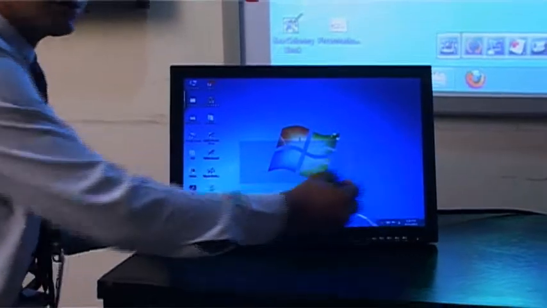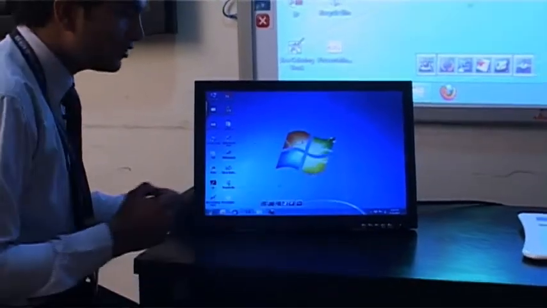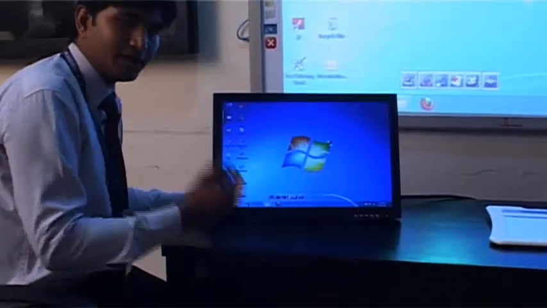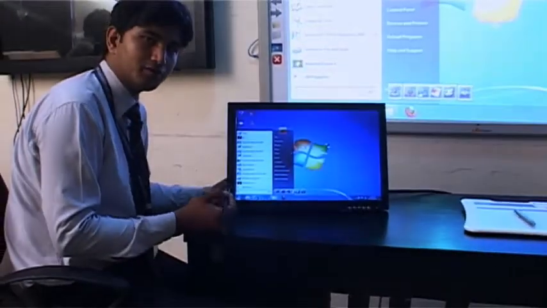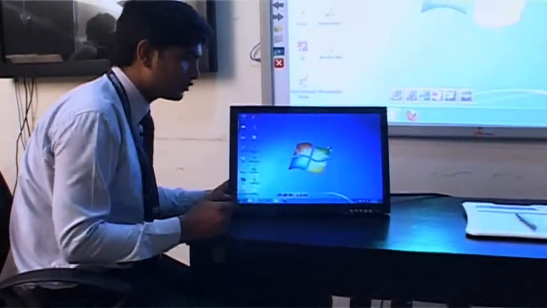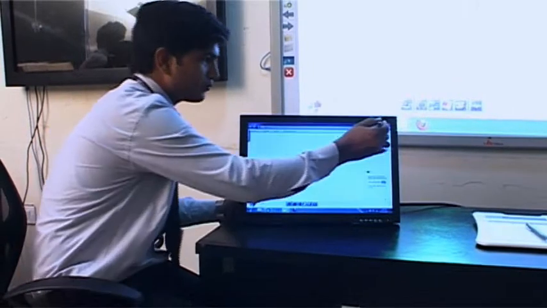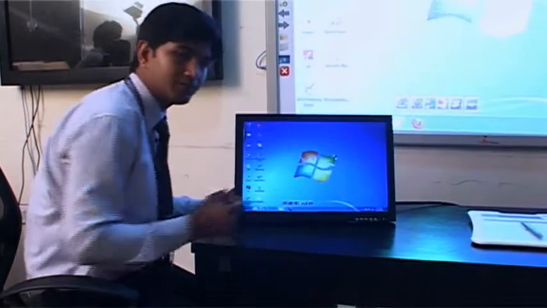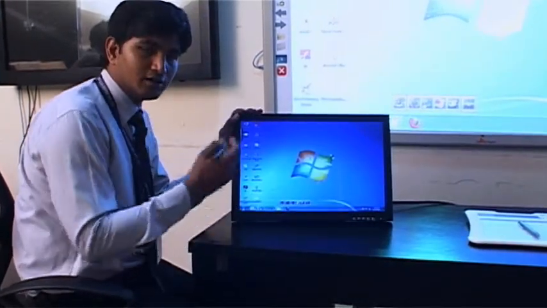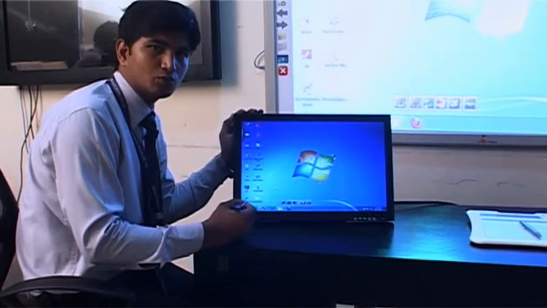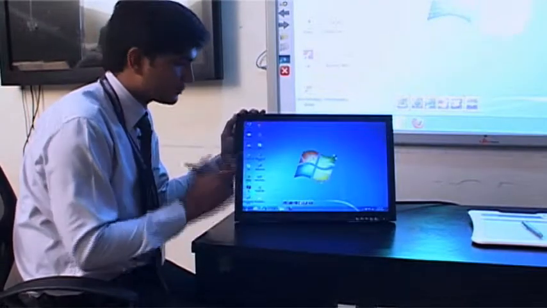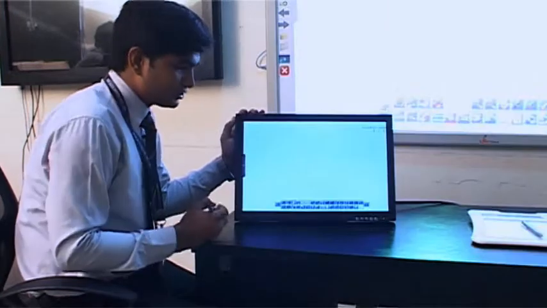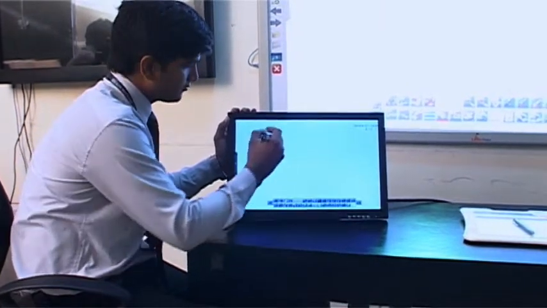It is like a pen touch monitor. You can operate anything, or do anything that you do on the computer, with this pen only. If you want to play games, you can play games, and you can open or close any file from here. This is meant for things that teachers want to do while sitting at their desks. For teacher purposes, we have this software where I can write